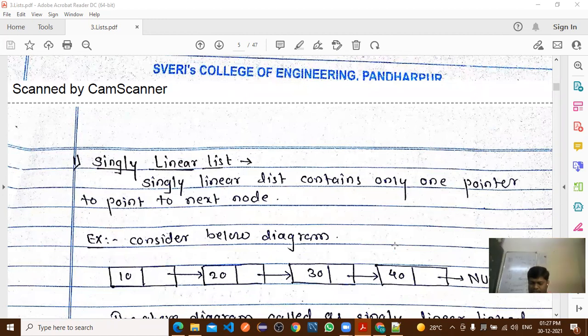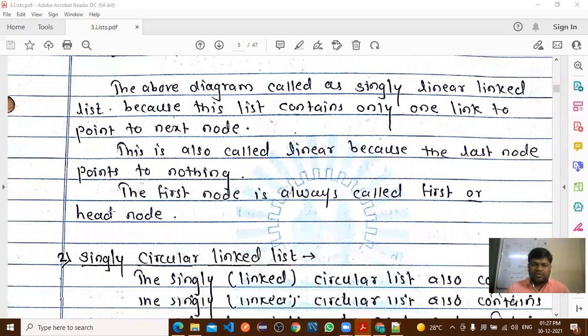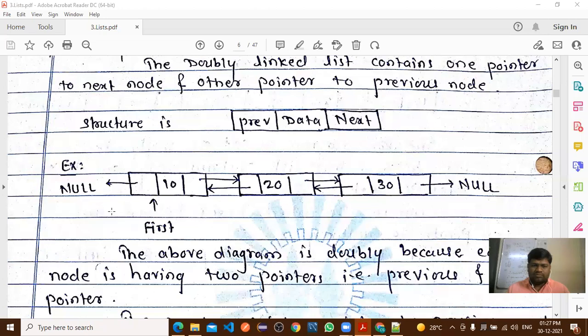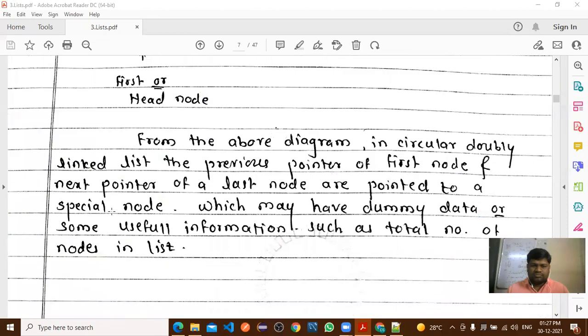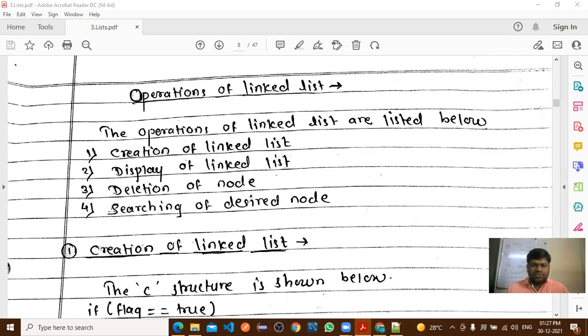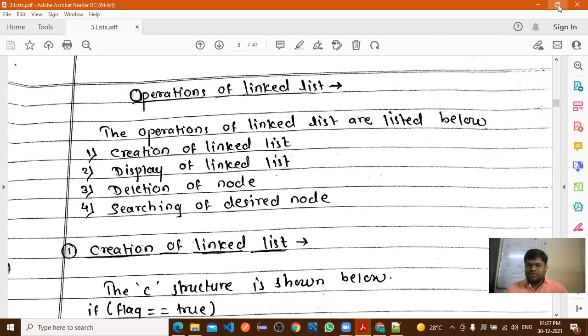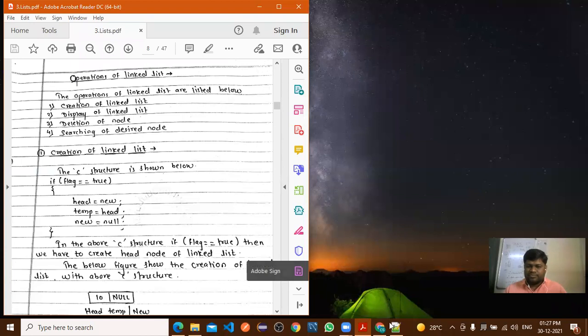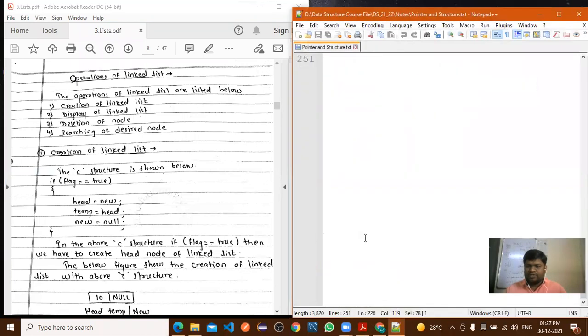Now today we'll start from the first type, that is the singly linked list. Now, operations on a linked list we will discuss.